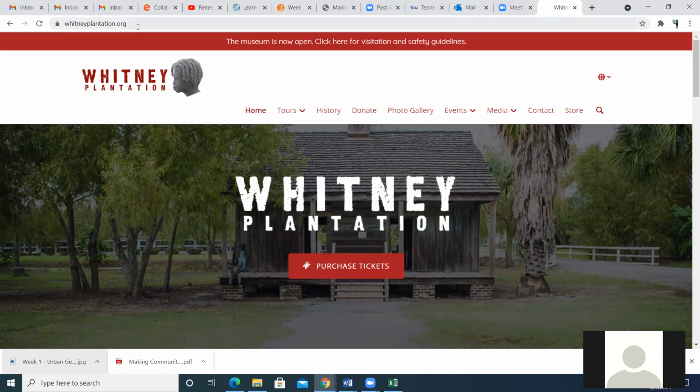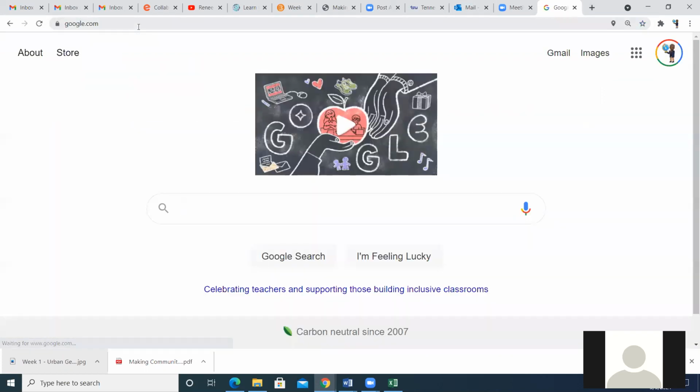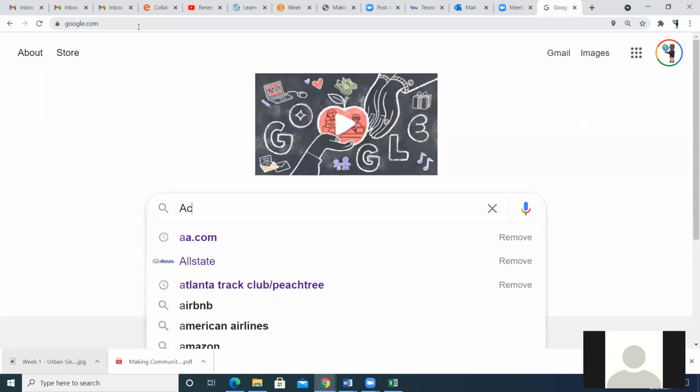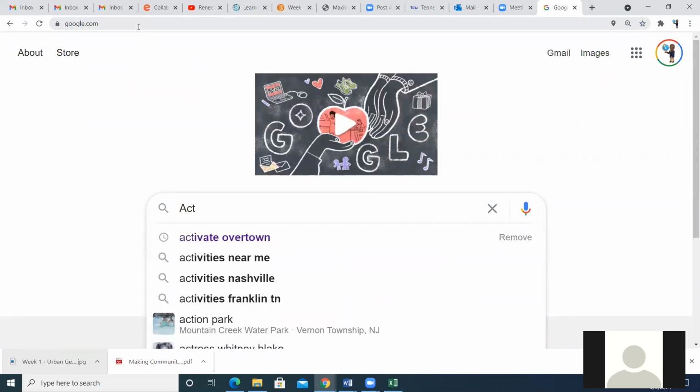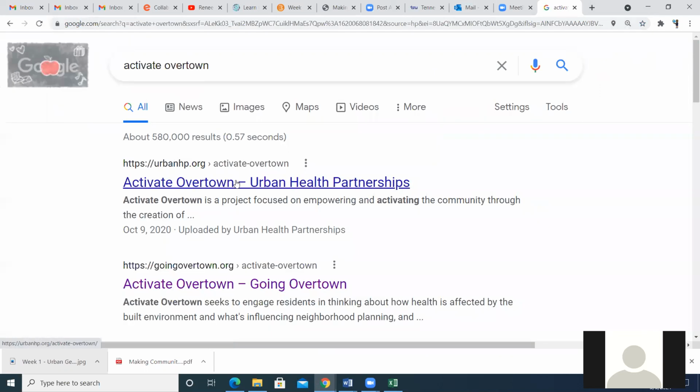There's another one. Let me see if I can. I'm going kind of off script here. Let's see, Google. Okay, I got lucky. Activate Overtown. Here's another